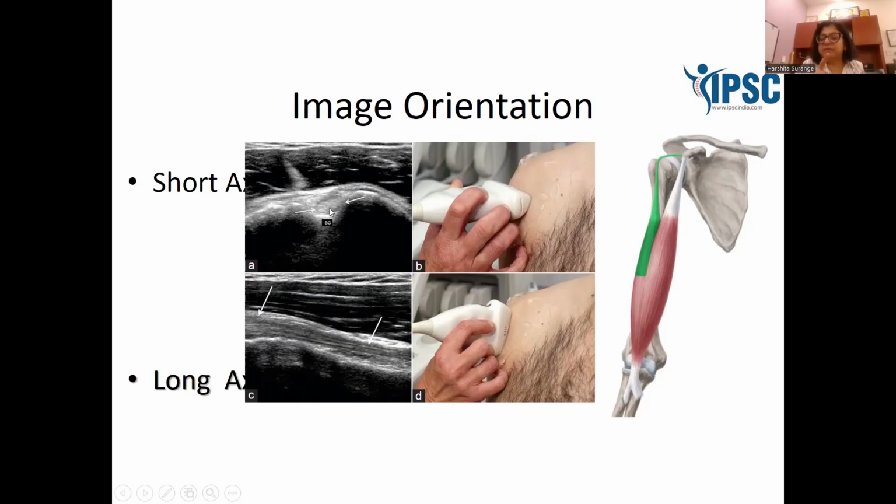Now, the principle of radiology is always to see any structure in two views: in a short axis view and in a long axis view. In a short axis view, you see the cut section, and in the long axis view, just turn the probe by 90 degrees and see it in the long axis. So that's the principle which applies to all musculoskeletal imaging. Whenever you are interpreting a tear or any pathology, you should be able to see the tear or the pathology in two axes.